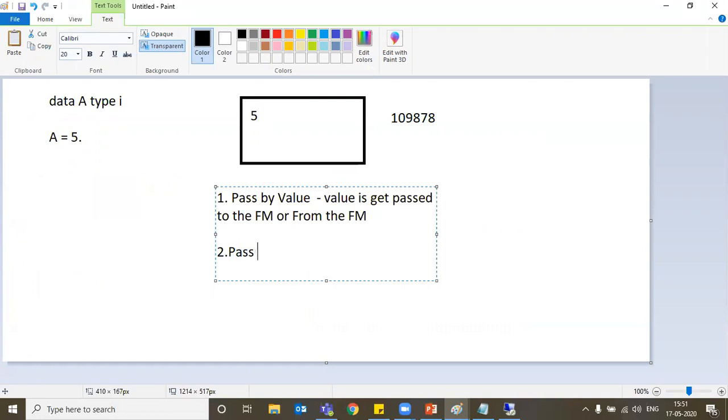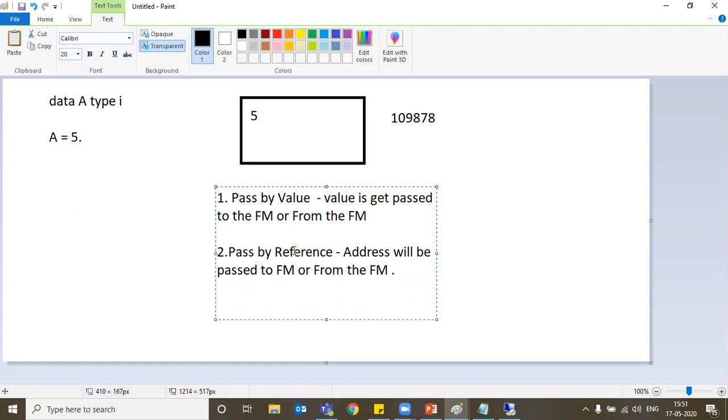But in pass by reference, the address will be passed to the function module or from the function module. Got it? So what is the value it will pass here? 10987. That means this address will be passed. Suppose you are staying in a place, so it has some address, right?